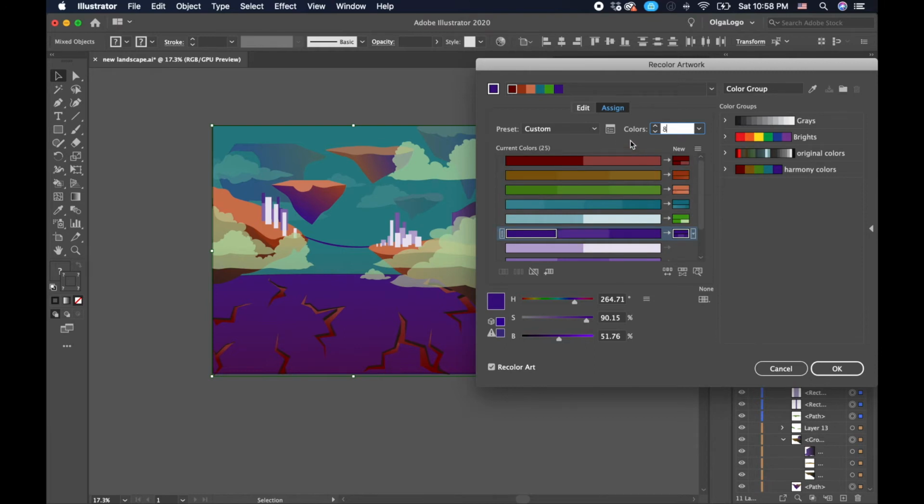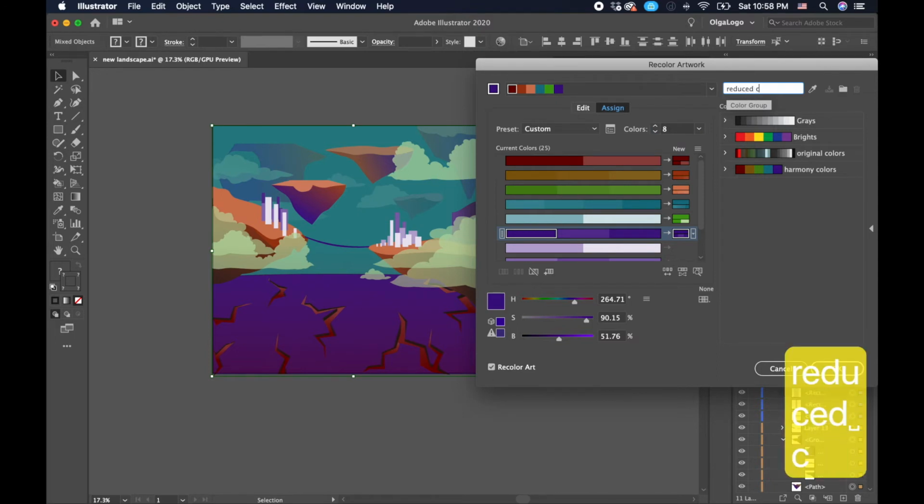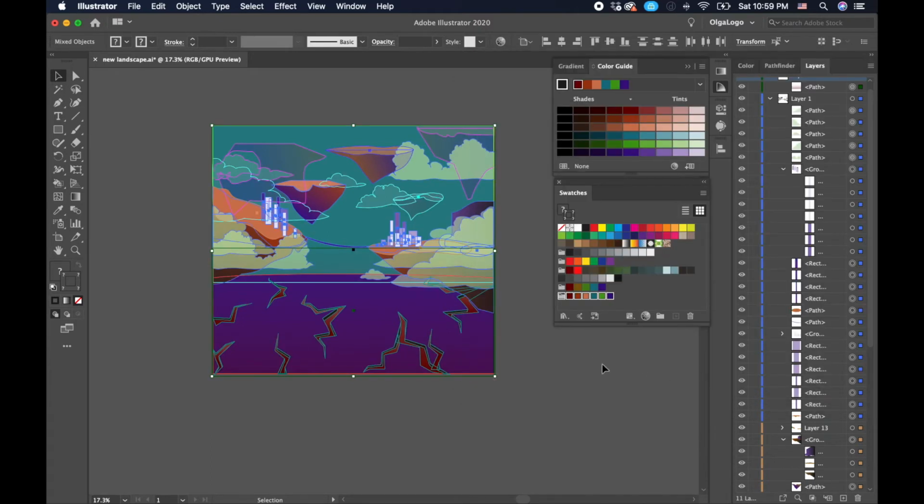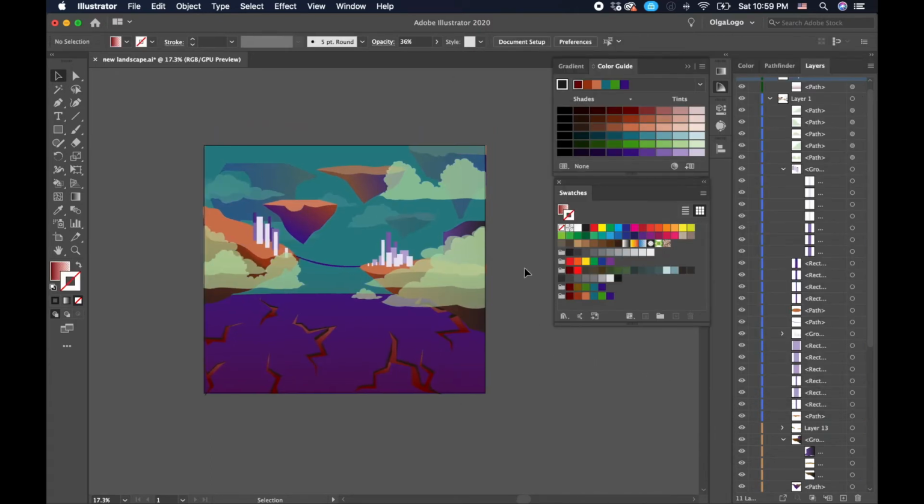You can choose any number between 5 and 10 on this one. The point of this step is to use reduced colors but still create an artwork. It still looks very pretty. We only used 8 colors. When you're done with that one, you just name it reduced colors, and this will be your next little color group right here. And this will also show up in your swatches panel. And then we click OK, and then we deselect, and then here's your reduced color